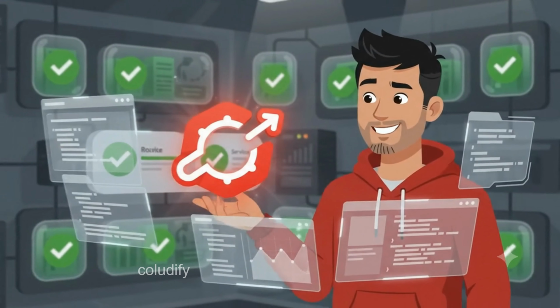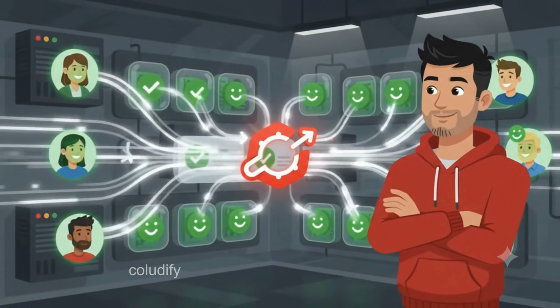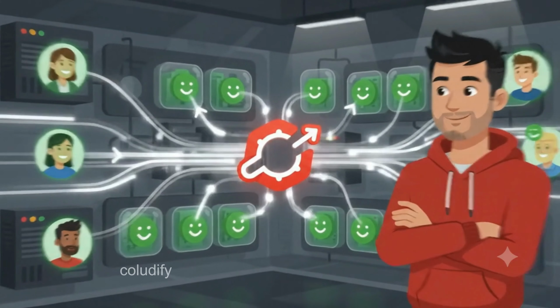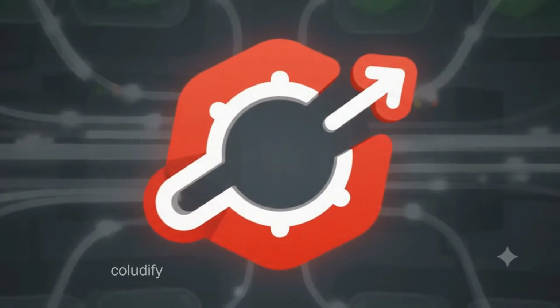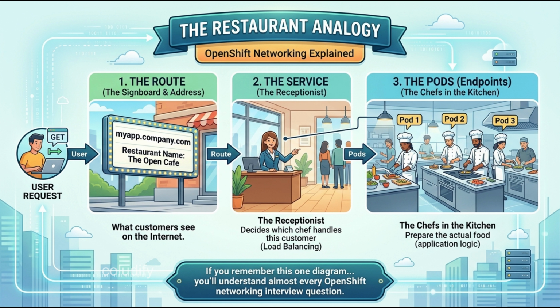Your application can be running perfectly, but if nothing exposes it to the outside world, users will never reach it. That's where routes come in. Part 2. The restaurant analogy. Let's make this so simple you'll never forget it. The route is the restaurant's signboard and address. It's what customers see on the internet, something like